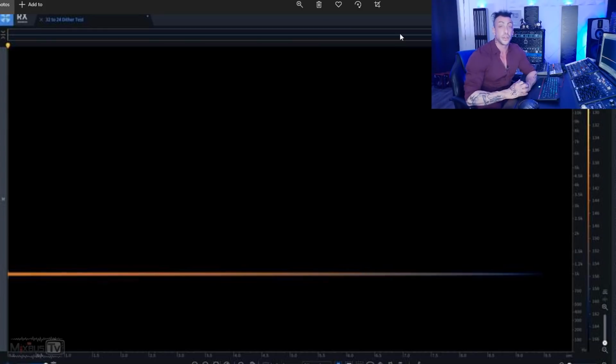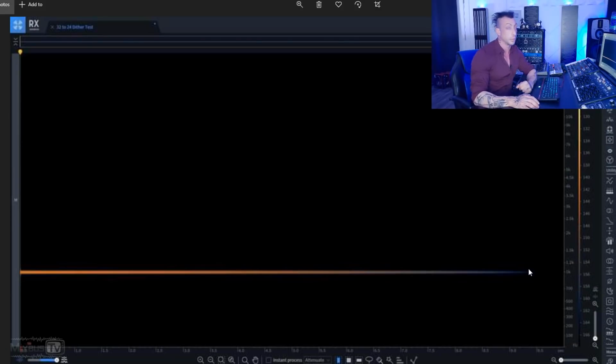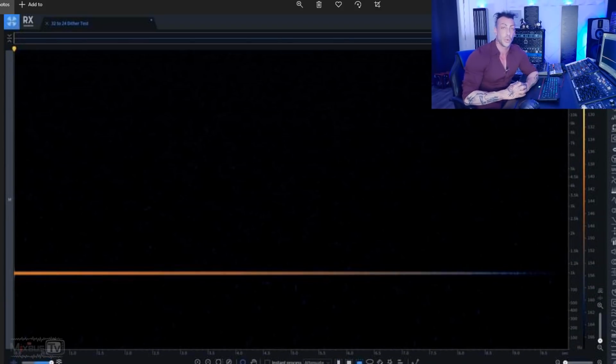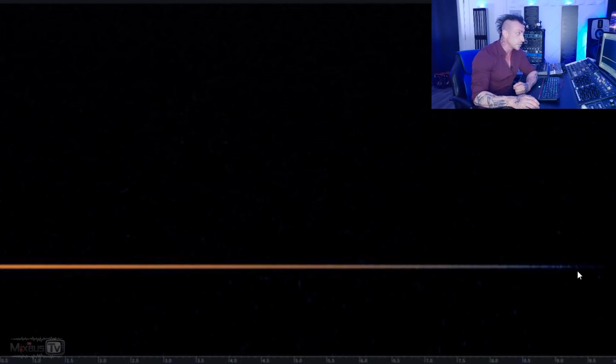Here's an image of a 32-bit float sine wave faded from -132 dBFS to -180 dBFS. You see the end of the fade, all normal there. The next image is the same sine wave truncated at 24-bit using flat dither. You can barely make out the noise, and the line is slightly truncated at the end, way below what is audible, and that's the correct way to do it, using dither when going from 32 to 24.